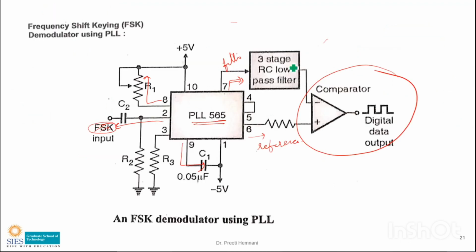Okay, and why is this 3 given? This is a 3-stage low pass filter. This is for removing the carrier component from the output. So look here, this is the reference output, and here there is a carrier component. We remove the carrier component through the low pass filter, and we will get only FH and FL. And then it is compared with this frequency. These two frequencies are compared in the comparator, and you get the output. It will be either 1 or 0.